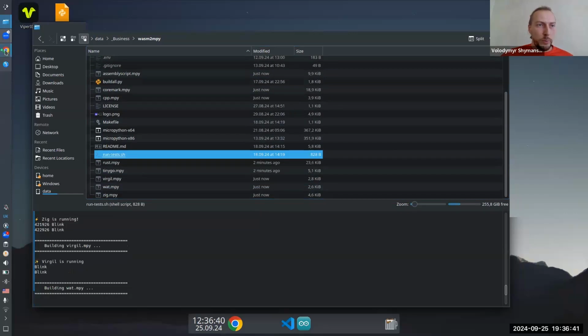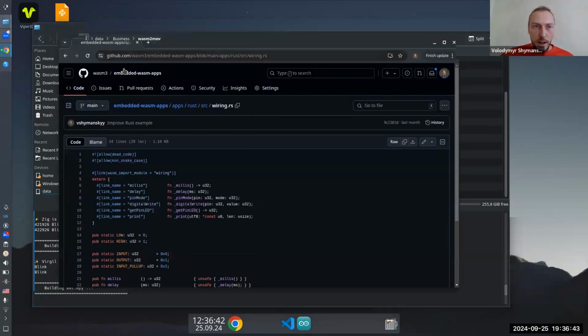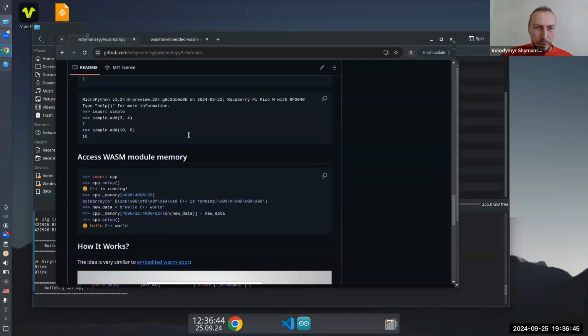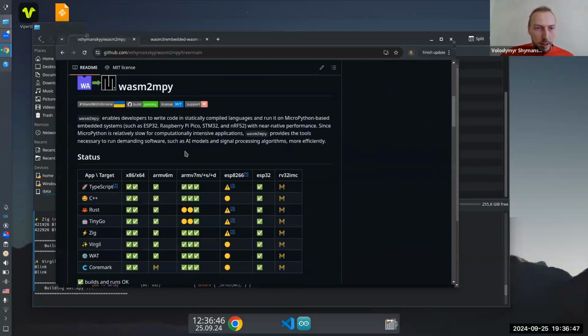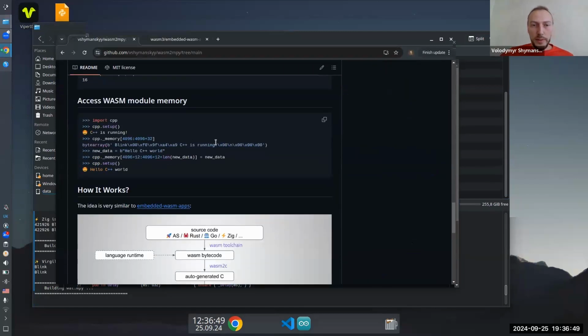And actually, there is quite some interesting stuff happening. For example, at one point during this process, I realized that I need to link the compiler runtime, because the WASM file is quite big.